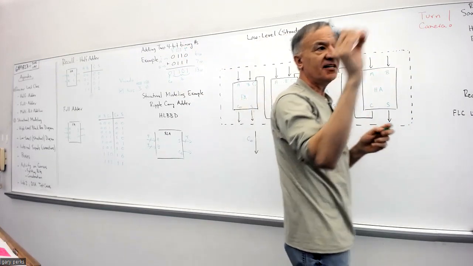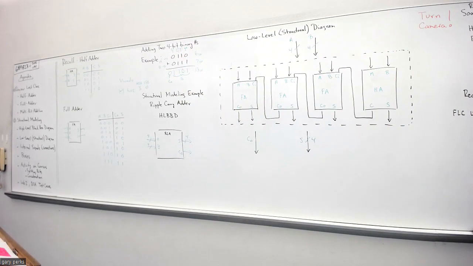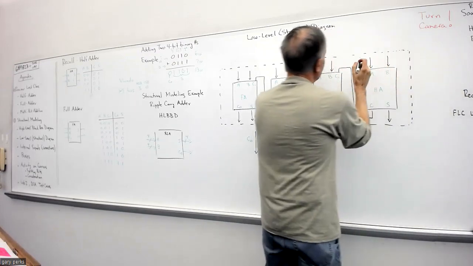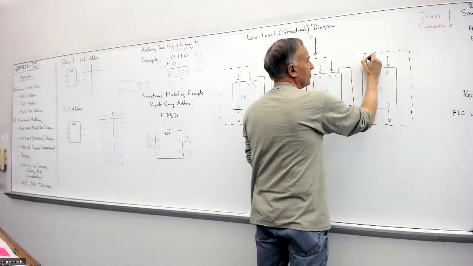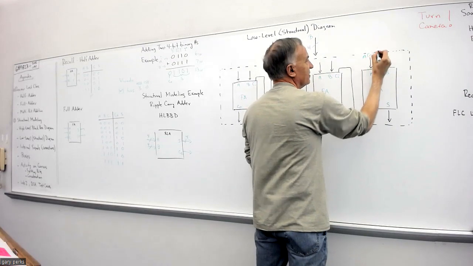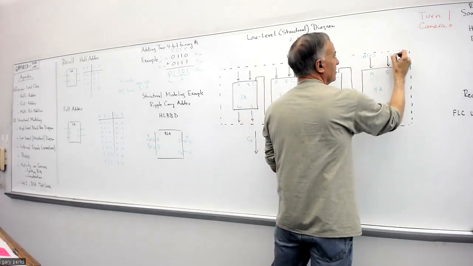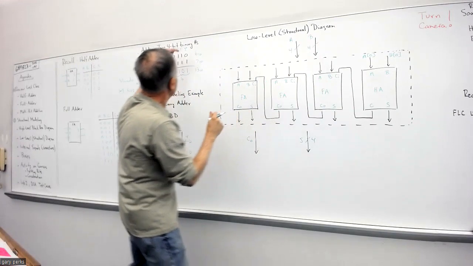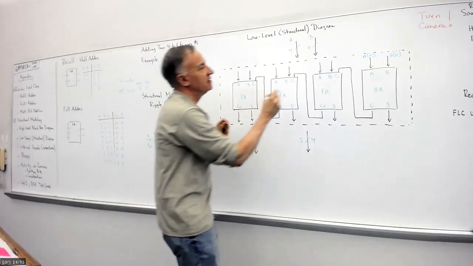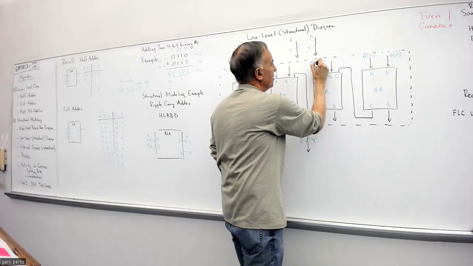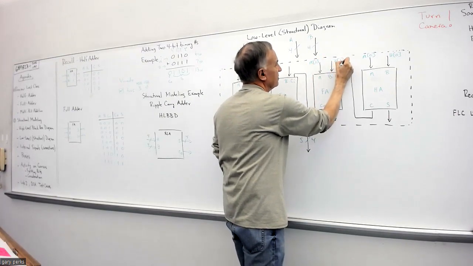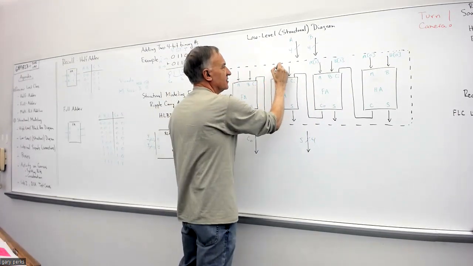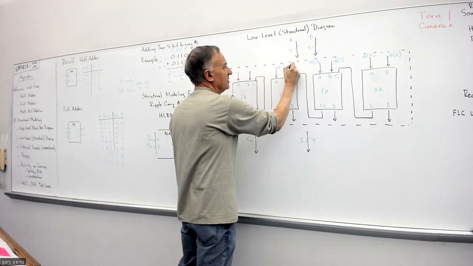And the way that we identify a particular bit of a bus is we put that particular bit number in brackets. So you see we're just taking the 0th bit of A, so we would show that as A bracket 0. And same thing with B, B bracket 0. Then this full adder is going to be adding the number 1 bits of A and B. So this would be A bracket 1, this would be B bracket 1. And then this full adder is going to be adding the number 2 bit. So this is A bracket 2, this is B bracket